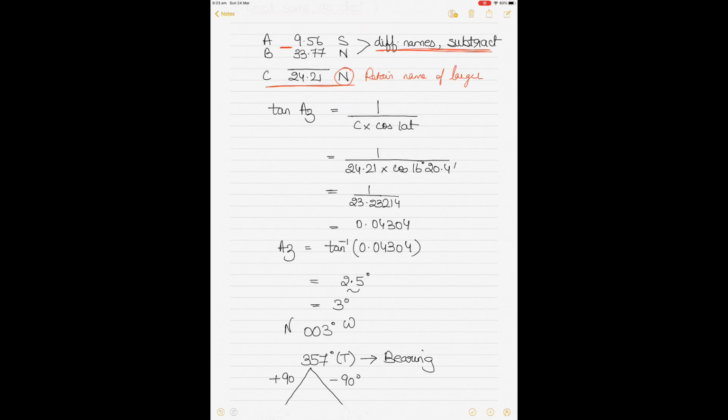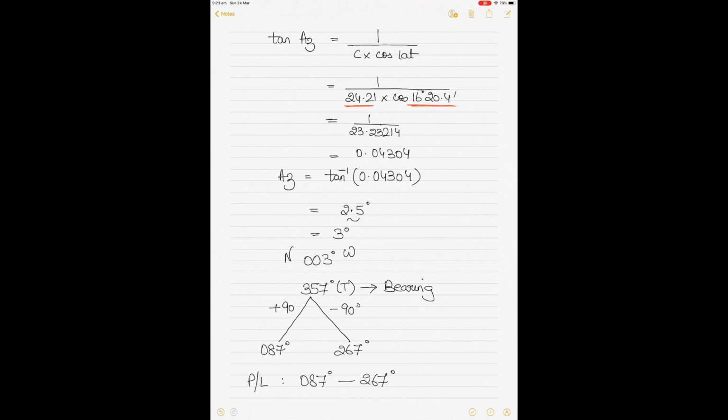Then you calculate azimuth. Tan of azimuth equals 1 divided by C times cos lat. Put in the value of C, put in the value of cos lat. Solve the denominator first and then divide 1 by it. Follow my prompts here in your calculators and compare it to the values that you get in the calculator. Do a tan inverse and what you will get is 2.5 degrees,